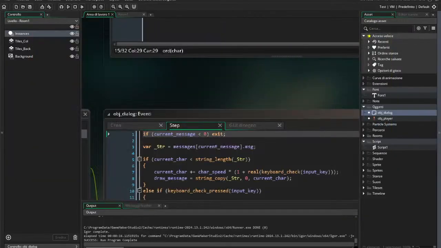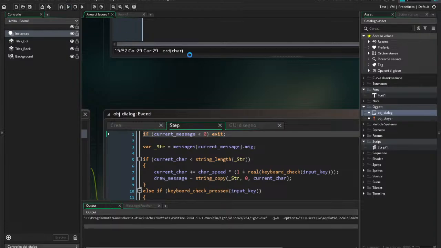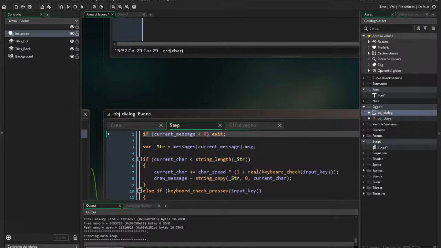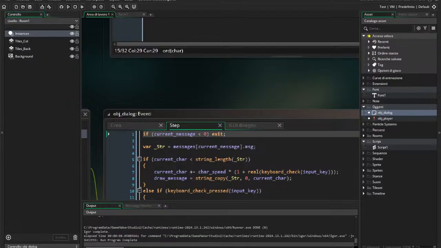Ok, io ho sbagliato, invece se so copiarlo. Un altro problema, infatti, è che adesso se io clicco mi escono più istanze, il messaggio esce più volte. The moment you close the dialog box, another one opens instantly, so you're infinitely stuck in this dialog box. It happens because when you press